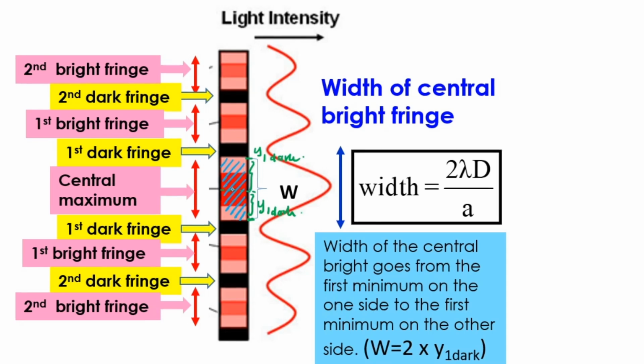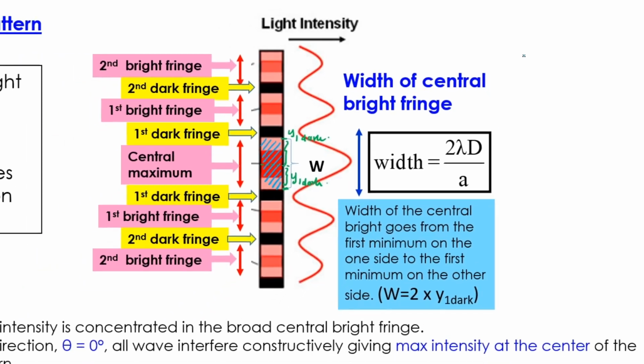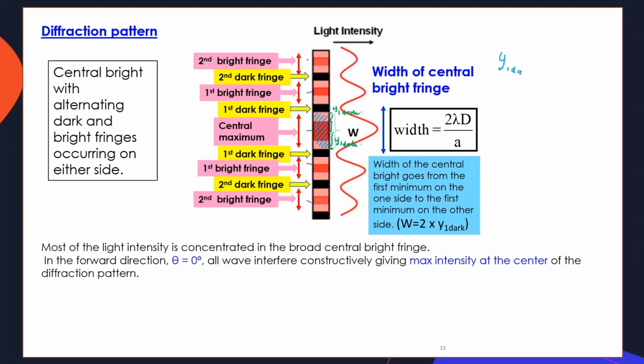Okay, so from the center, we can calculate y1 dark by using this equation, which is m lambda d over a, where m is 1, the first order, times lambda d over a. Okay, and since we have two sides, the upper side and the lower side, the width of the central bright fringe can be written